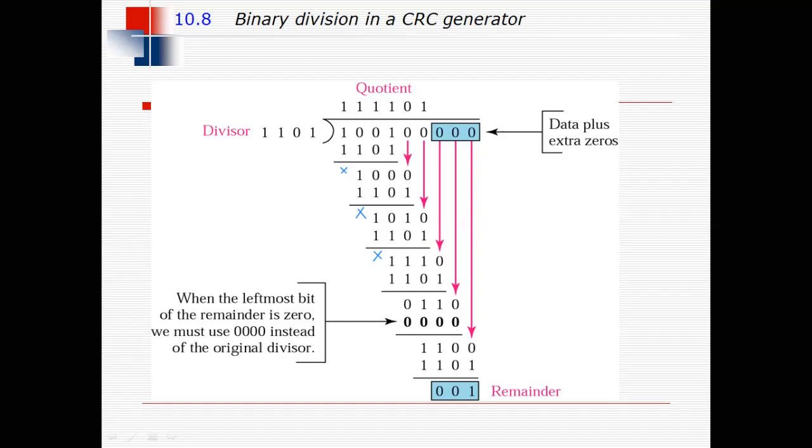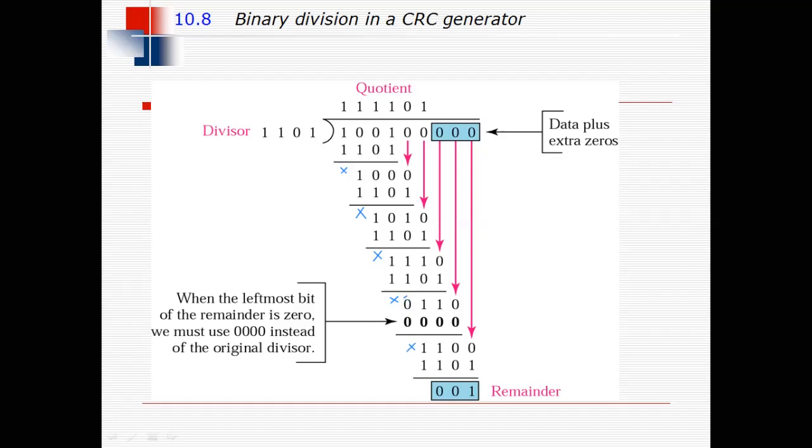1, 1, 0, 1. Now the first bit we have crossed. Again 1, 1 is 0. 0, 1 XOR is 1. 0, 1 XOR is 1. And finally we have taken the second last bit from our data, that is a 0. Now as our first bit is 0 here, the quotient will be 0. So 0, 0, 0, 0. Now as per our rule, we will cross this bit. Now again 1, 1, 0. We have taken the last one here.